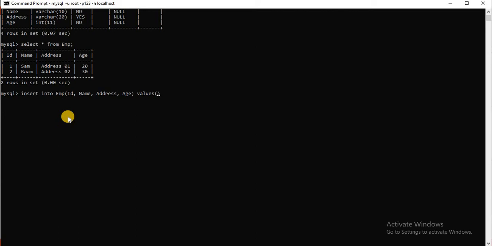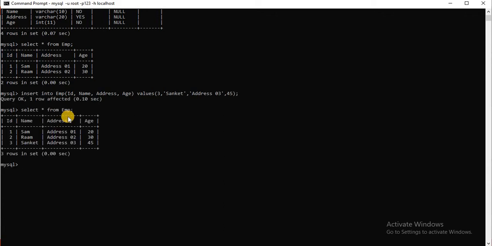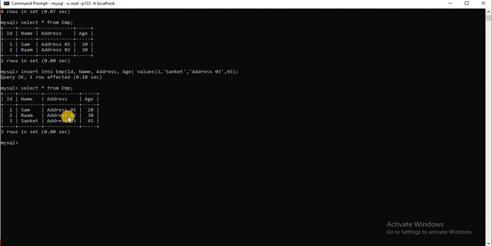Sorry, I can't give 1 because it is already present; ID is a primary key, so it won't allow duplicate values. So I type here 3, name suppose Sanket, his address is address 03, and his age is suppose 45. So we successfully entered data in the EMP table.